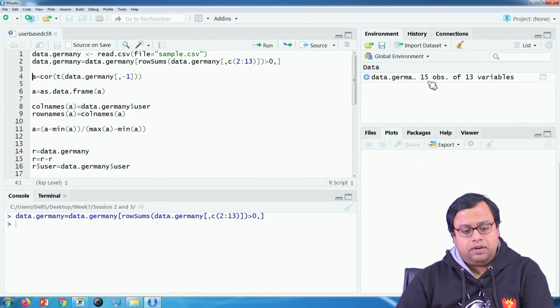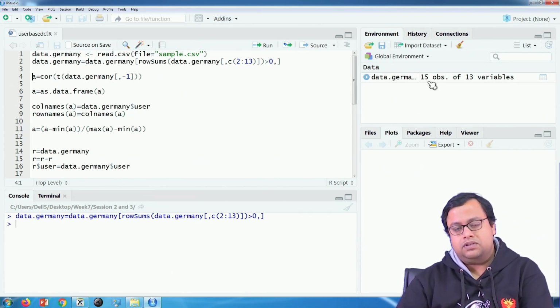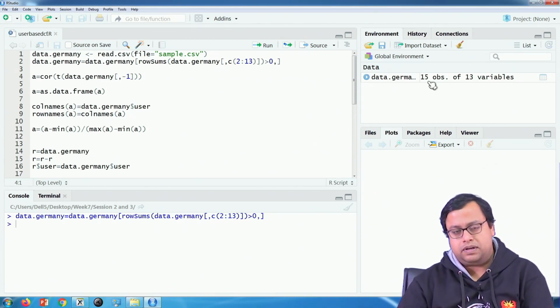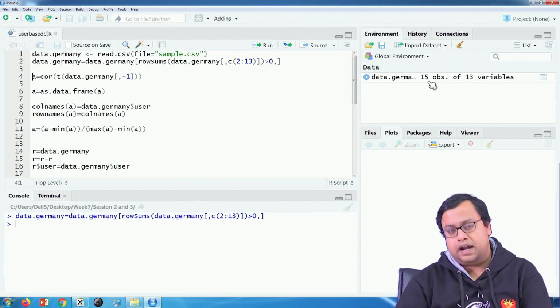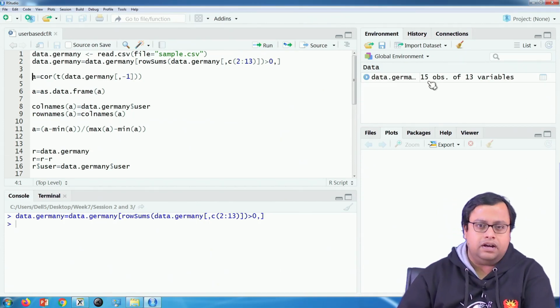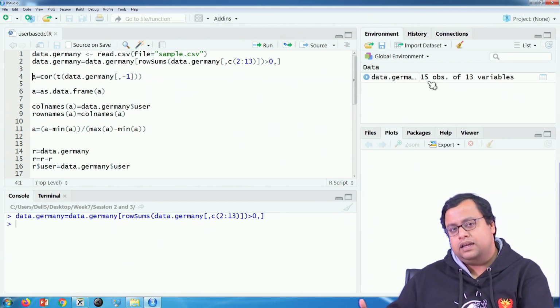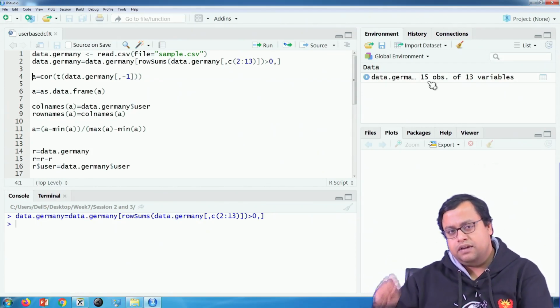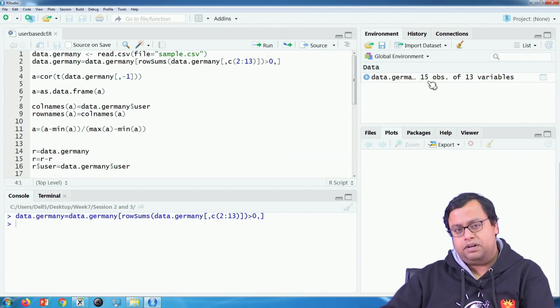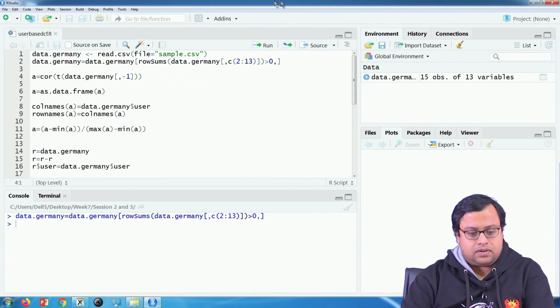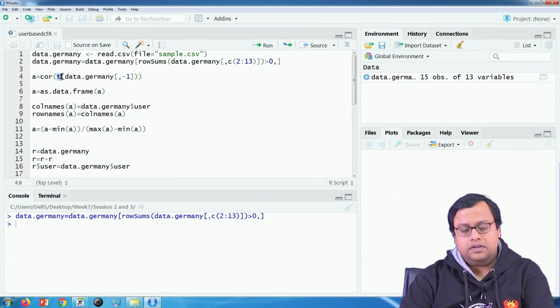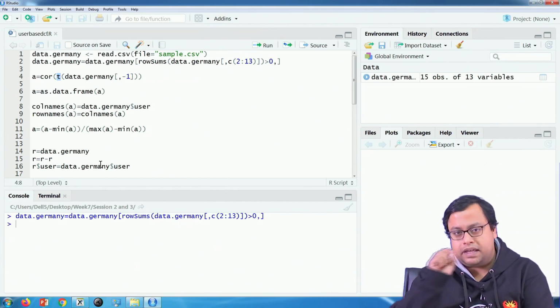So, then what I am doing is I am trying to find out correlation. You can also find out cosine or whatever measurement that you want to take. Correlation is the easiest one, and we understand that in marketing, but in the real world cosine is the most prominently used metric for finding out the similarity between two groups, or in this case two vectors. So, correlation of t of j, why transpose? Why have I taken transpose?